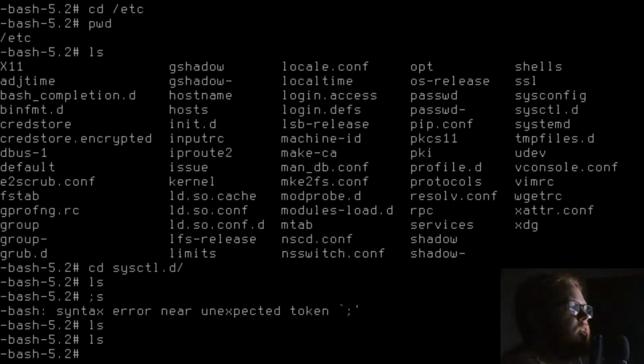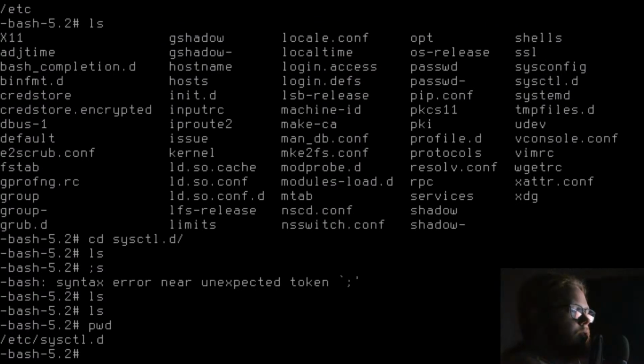Should I do that in the .d file or go back up one? As far as I can tell, I want to make sure I'm getting this correct. Okay, so vim 99-sysctl.conf.